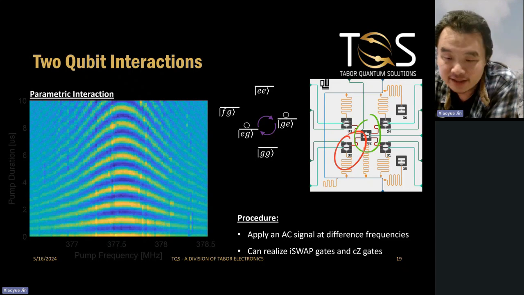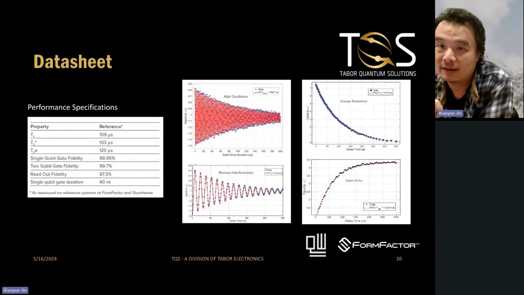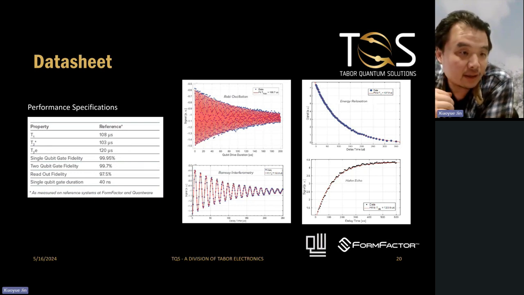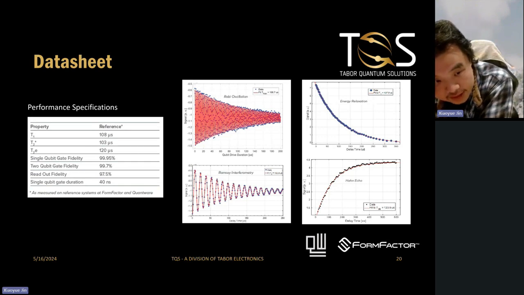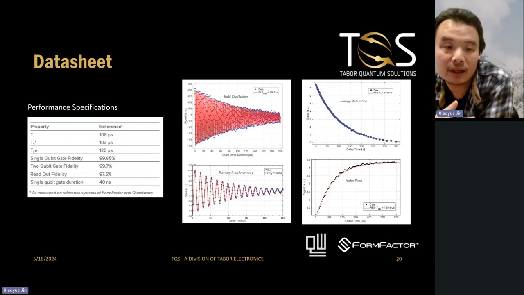What I'm saying is that this system has a lot of potential, and it's a very interesting project to investigate. To summarize, if you condense everything to a data sheet, this system has a T1, T2, and T2 star, all above 100 microseconds, which is a pretty decent number in the industry. The single qubit gate fidelity can be easily above 3 nines, and 2-qubit gate fidelity has been realized to be above